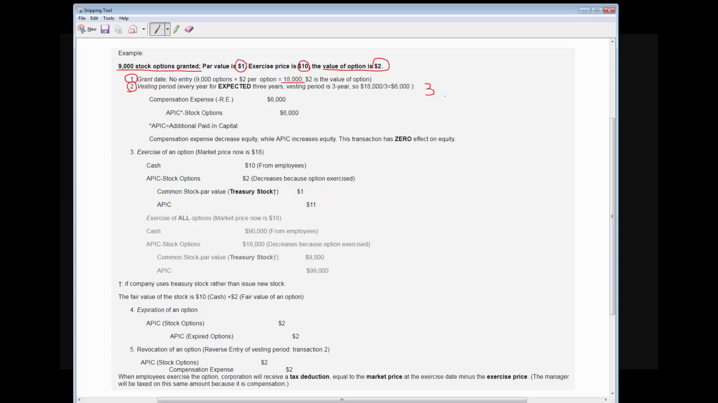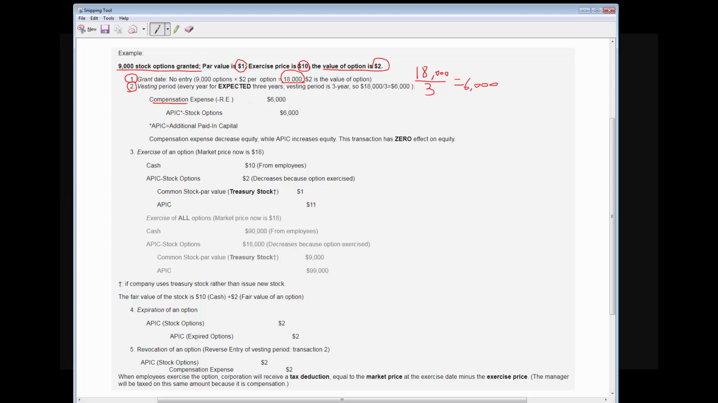So the compensation expense will be recognized evenly in the 3 vesting years. And we know the total value of stock option is $18,000. So for each year, the company will recognize $6,000 compensation expense. Okay, and